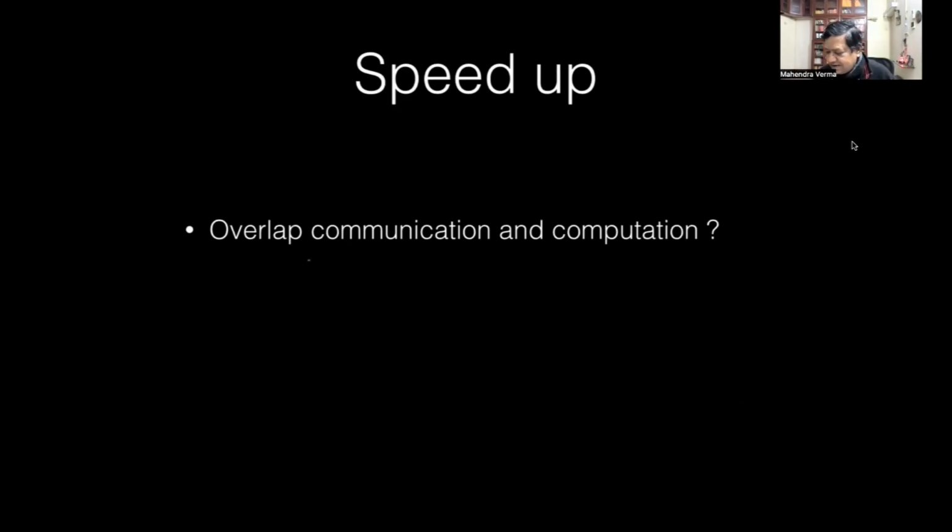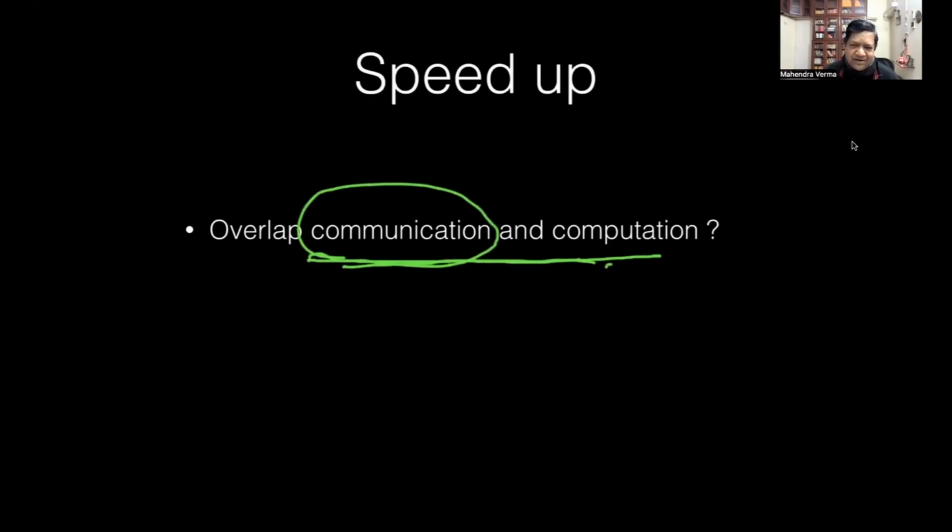There are some more ideas, such as communication and computation overlap. While things are being computed, communication can take place. But communication is so huge right now that overlapping is not going to help. If this is only 1% of the task and communication is 99%, even if I overlap it, I'm going to get only 98%. So we need a very novel idea, but we'll show you, and I have one slide, that with the GPU, we can do better. In fact, GPU is giving hope that we can really improve this performance.